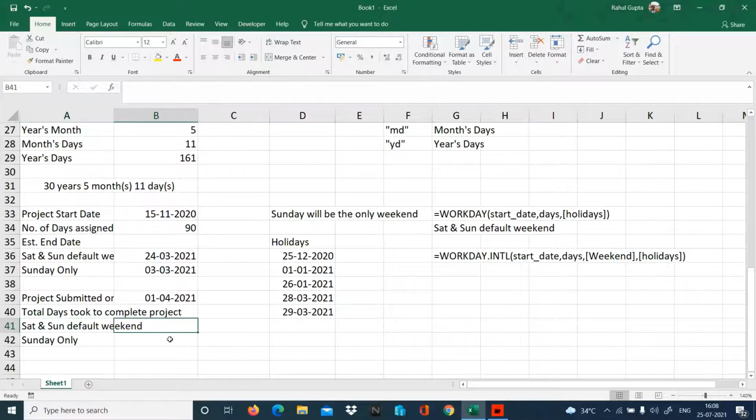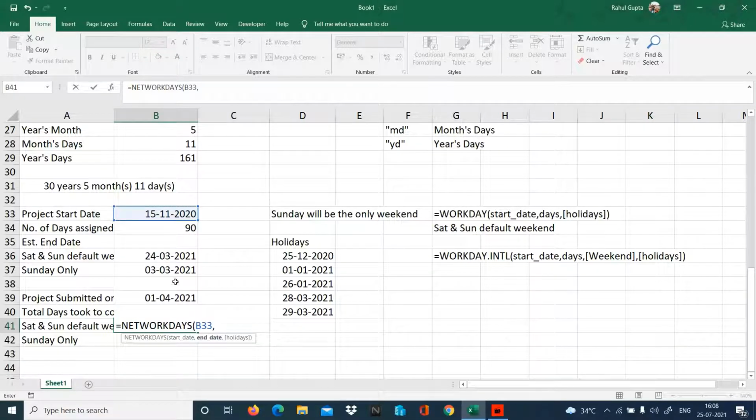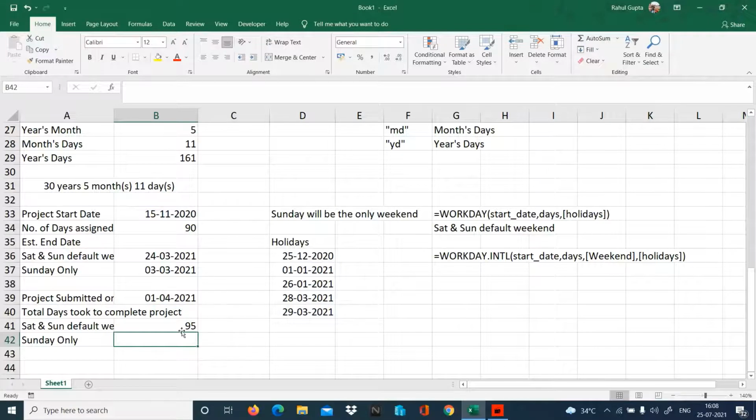Let's see, with Saturday and Sunday as default weekend, how many days that person took. So I'll say is equal to NETWORKDAYS. This is my start date. This is my submission date, that's the end date, and holidays. So all these are holidays. Let's close. 95 days, but here Saturday and Sunday is a default weekend.